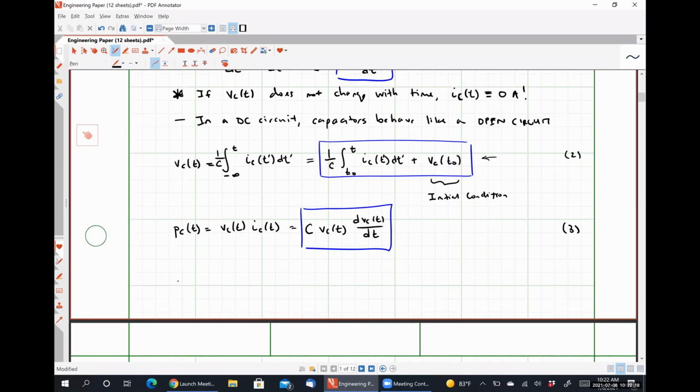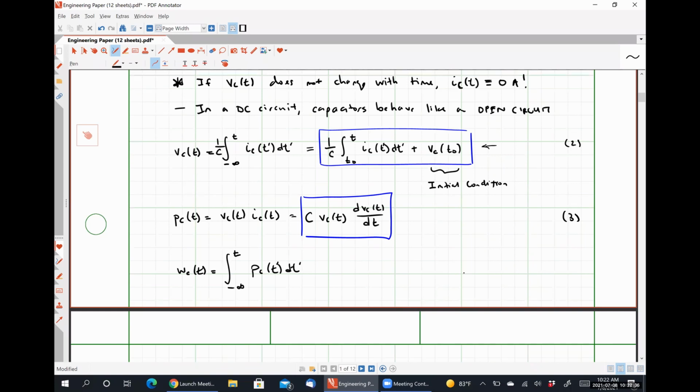Now energy will be the integral from negative infinity to t of P_C(t') dt',